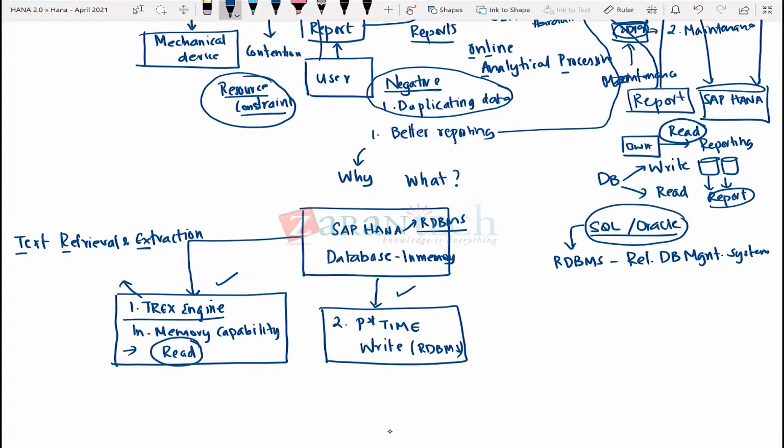Can anybody think about what happens? Let's see if there is an answer. So Fred is saying reporting. See, I can now answer reporting with this particular capability. Would you agree, Fred? Because I have the Trex Engine part of SAP HANA, it helps me with reading, which is nothing but reporting. So it is capable of now reporting the information that is already stored in the SAP